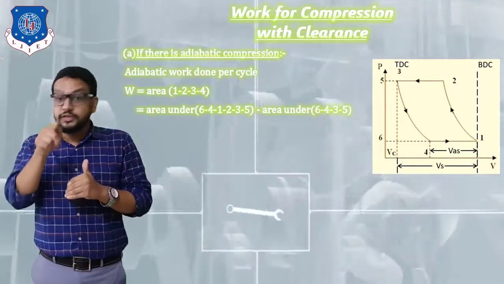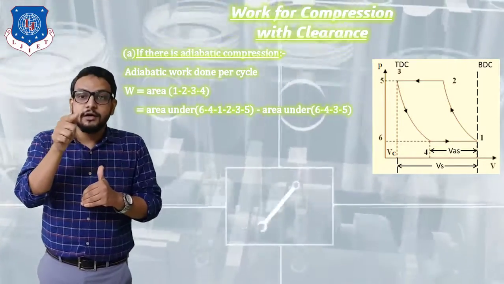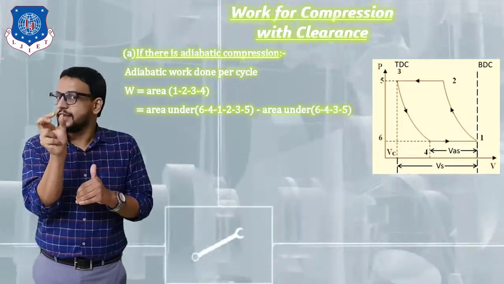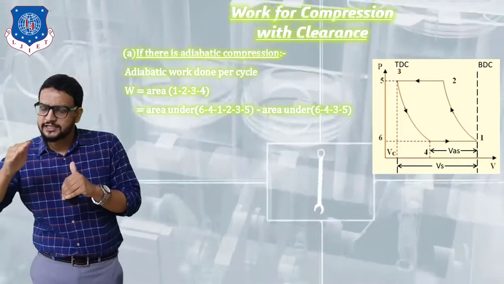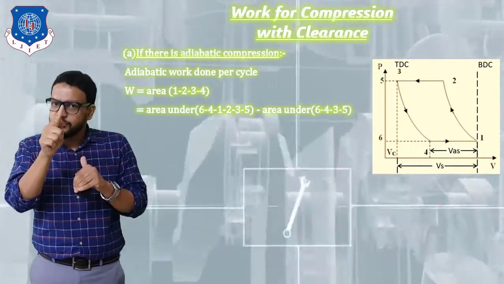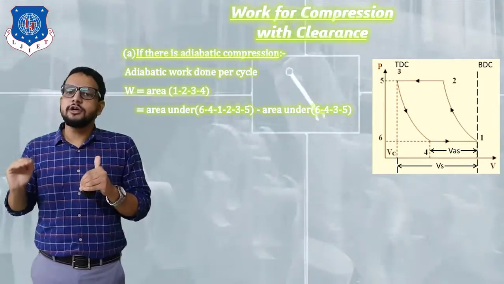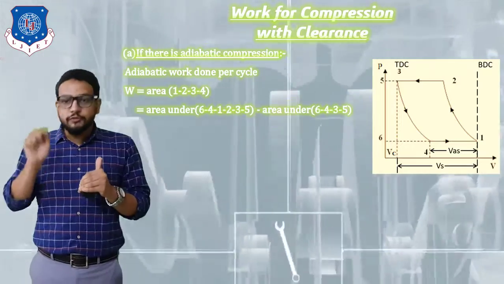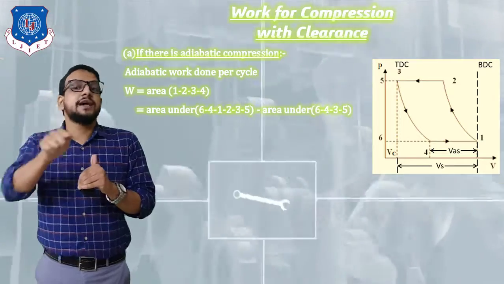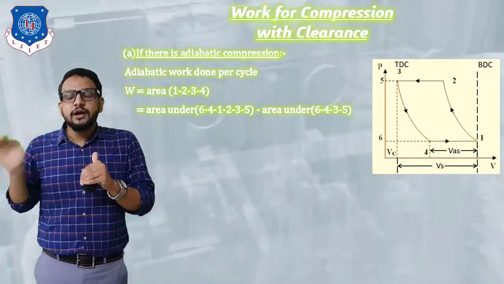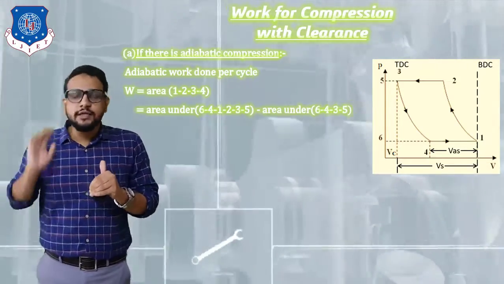This is represented by the curve 3 to 4. At point 3, at the TDC position, some amount of air is present, but due to the presence of that air, the piston during the next stroke is going to expand it slightly, represented by the curve 3 to 4, till it reaches its initial intake pressure condition, that is point number 4. So from point number 4, the fresh air intake will start. From 4 to 1, intake of fresh air takes place till the piston reaches its BDC position.